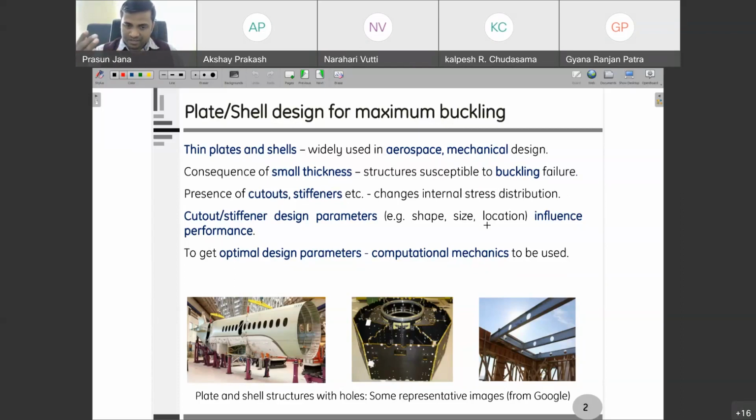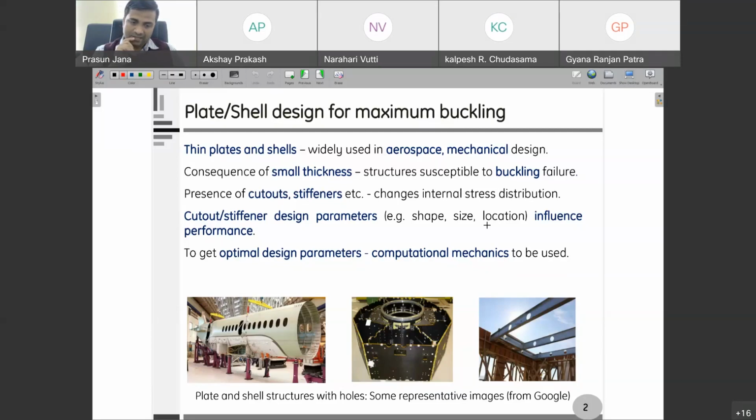Due to that higher load, it goes to the unstable region, which we call buckling. This phenomenon occurs mainly in one-dimensional structures like a long column, and in two-dimensional structures like plates and cells, where the thickness is relatively smaller. We find these structures mainly in aerospace, mechanical and naval architecture,